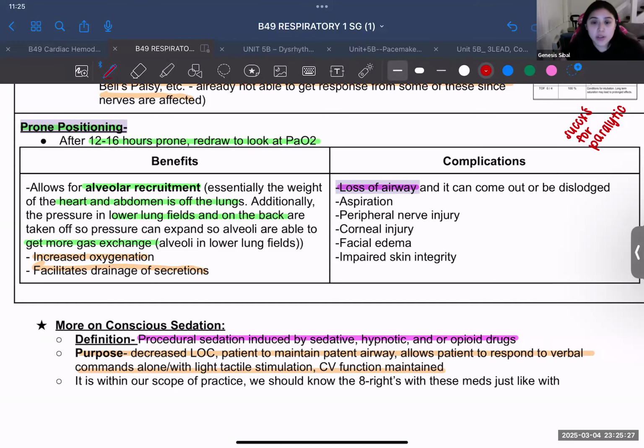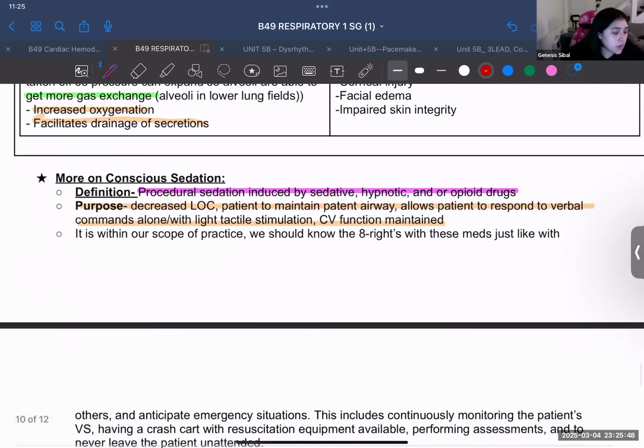However, the complication is obviously if your patient is ventilated. You cannot really be doing this because they are ventilated. They have an airway, right? So loss of an airway, obviously, is the same thing. If your kid's very young, no, because obviously you have babies, SIDS, all of those things, with being able to choke, not being able to breathe on their own, everything like that, right? So those are just some things.